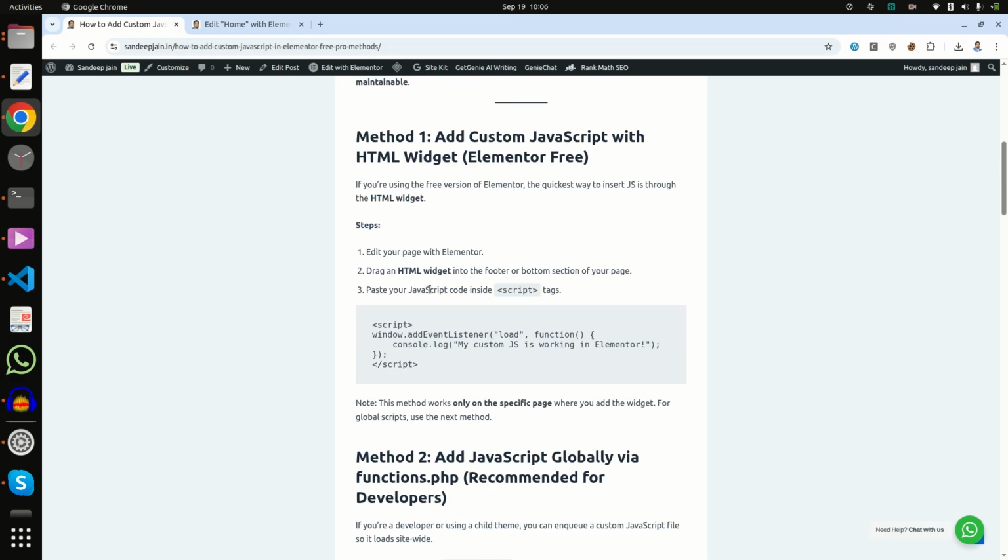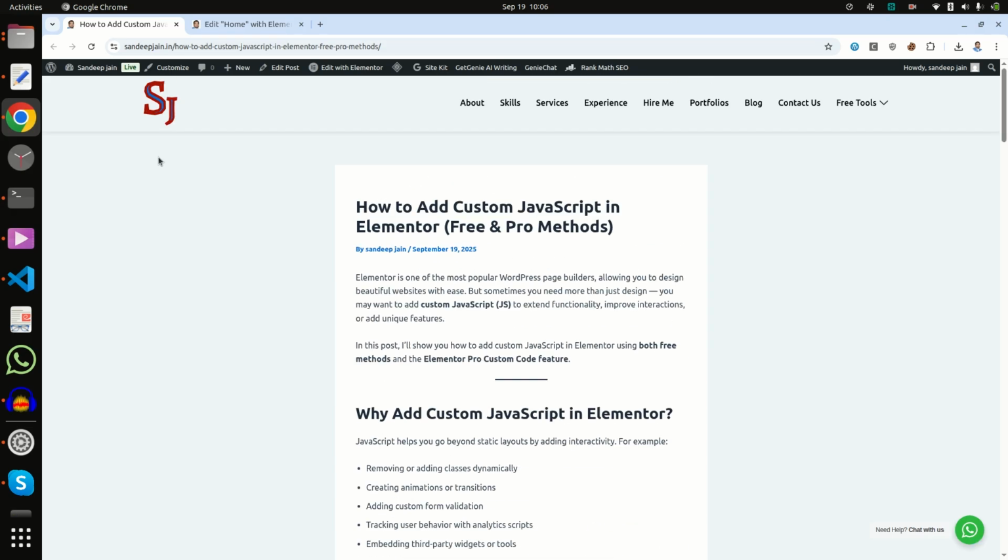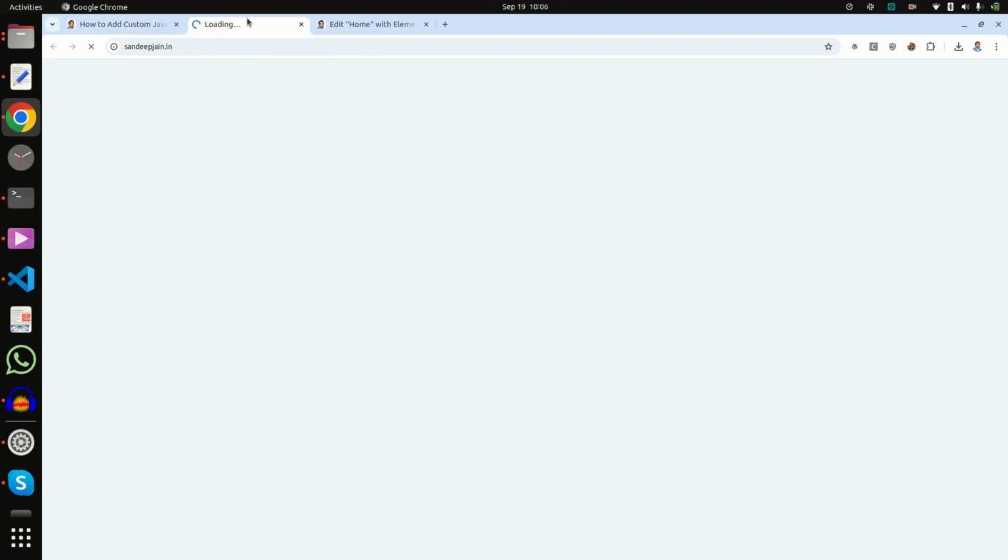Method 1 is add custom JavaScript with the HTML widget. For that, first, it is Elementor free. Go to your page and drag the HTML widget into the footer or bottom section of your page and paste the script tag. Here I have one code.